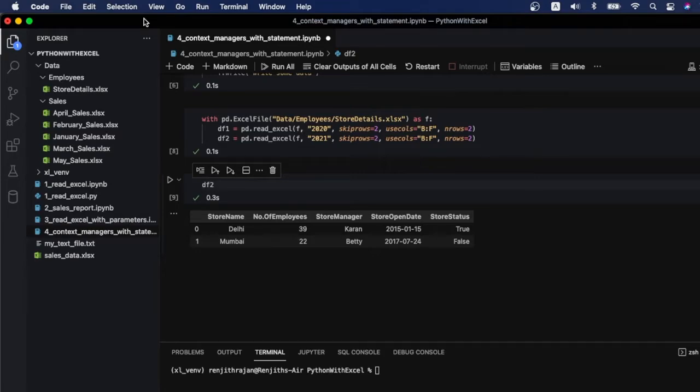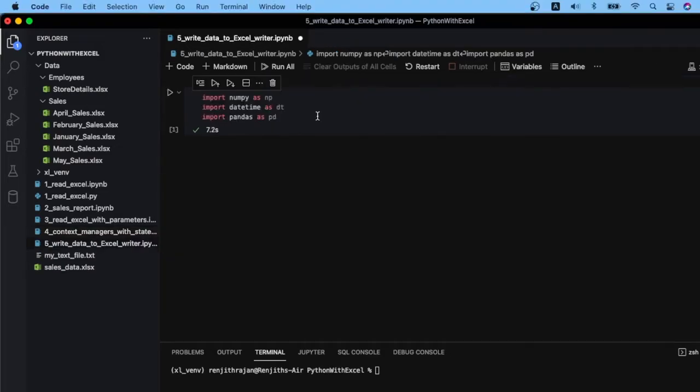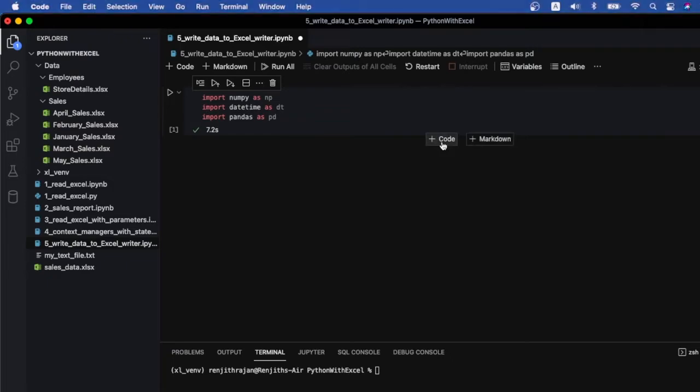Right. It also helps you to decide whether to include the header and the index, and then it also helps you to treat the numpy.nan and numpy.inf data types because those are not very much available in Excel. We have imported these three packages. One is numpy, then datetime and pandas. Now what we are trying to do,